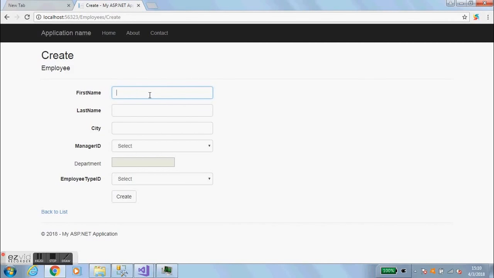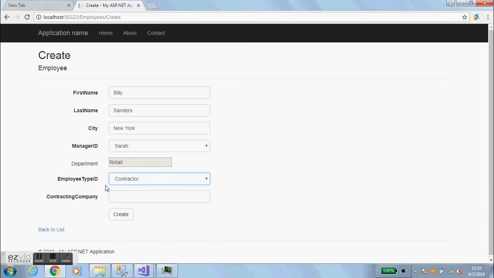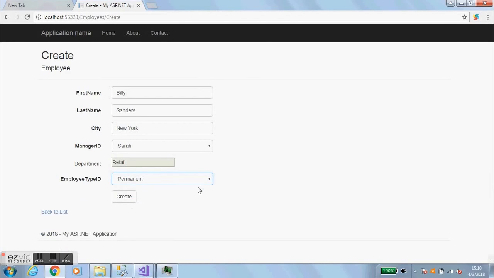Let's call this one Billy Sanders, say he's from New York, and let's select. Now see here it actually created a drop down list for you, so you can select different managers here. You will see the value in department will change depending on the manager you selected. Okay, so let's say we choose Sarah and she's in retail department, as you can see, and the employee type here we need to select as a permanent or contractor. So if you select contractor, you will see the contracting company now becomes visible. Okay, it becomes invisible. It hides it if you select